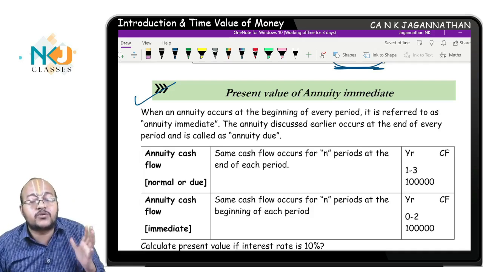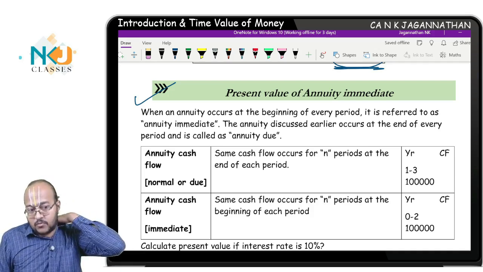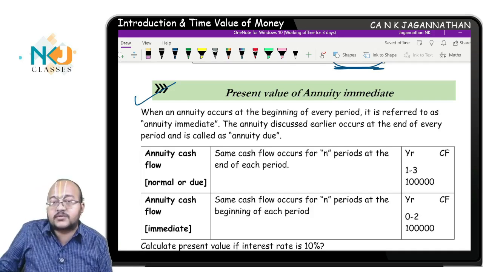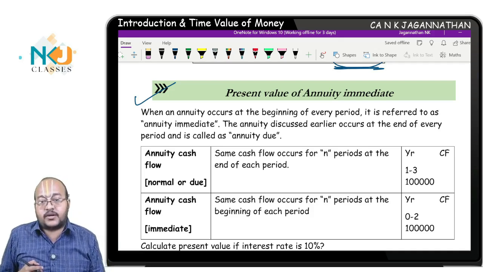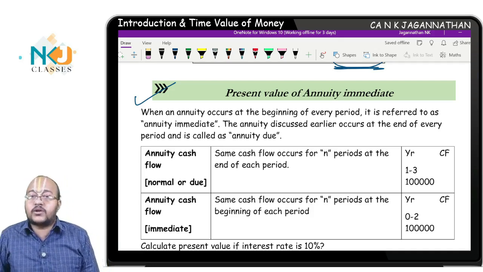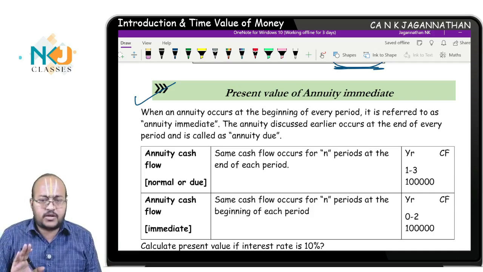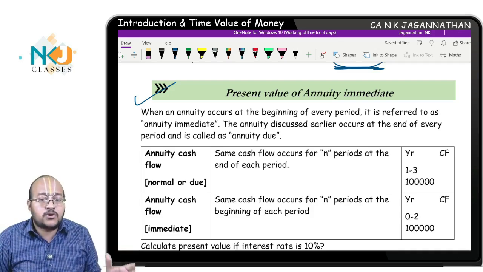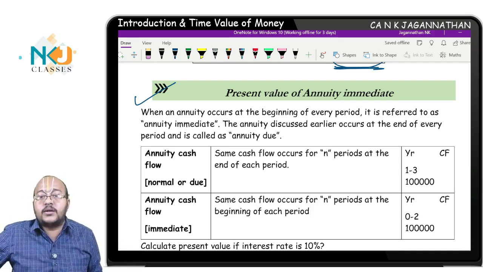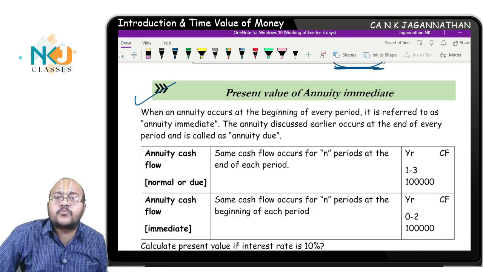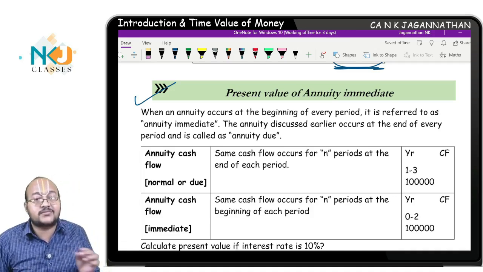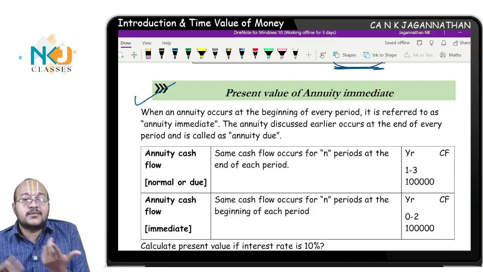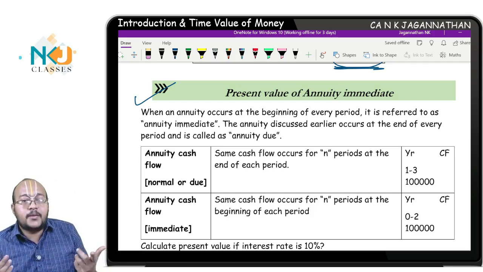So the insurance company will receive the premium at the beginning of the period. Assume year 0, today, when you are entering into the contract and you start your insurance, the company receives the premium on the first day itself. Year 0. At the end of year 1, it will receive some amount. End of year 2, it will receive some amount. Correct? 3 installments it receives. But is the value the same or different? Different. Why? Because at the end of the year, you will bring it to present value terms. Year 0 you need to bring. So in that case, for the first installment which you are receiving, the present value factor is 1, which means no discounting needs to be done. The money value will be the same.